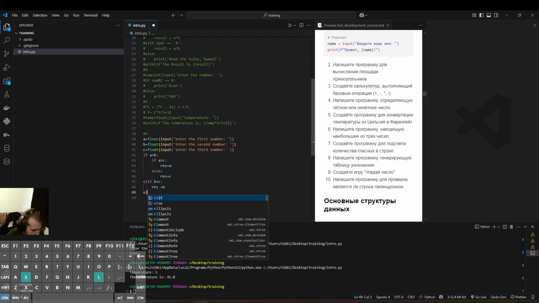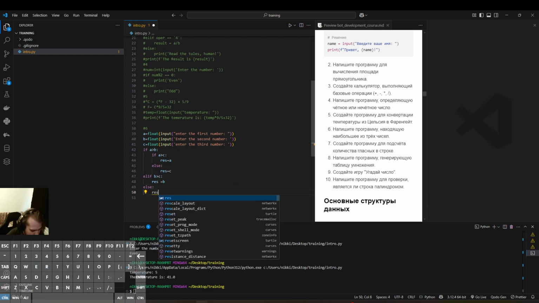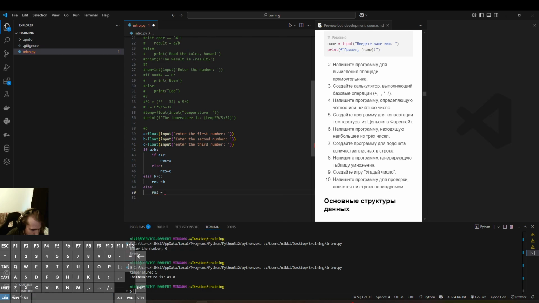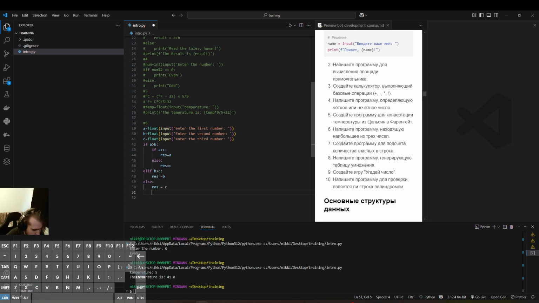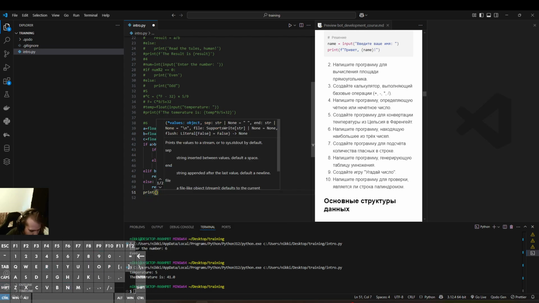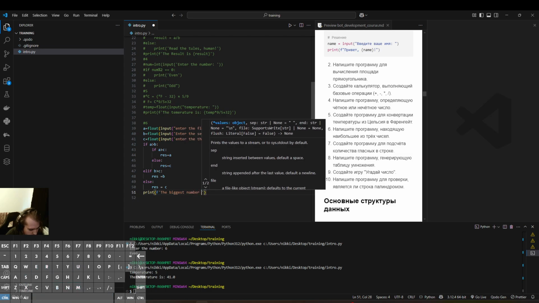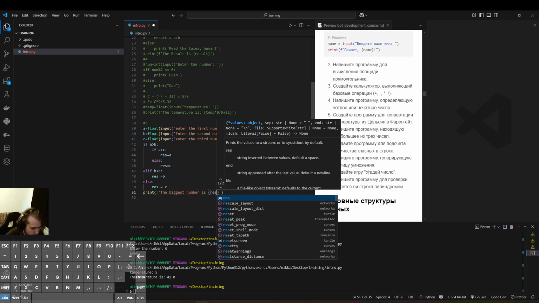Else, res equals to C, and then just print f the biggest number is